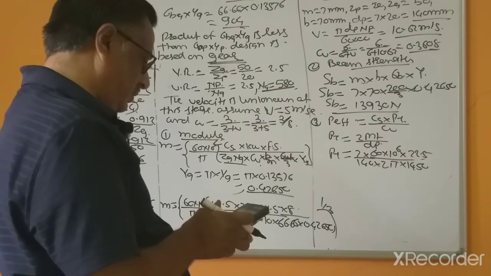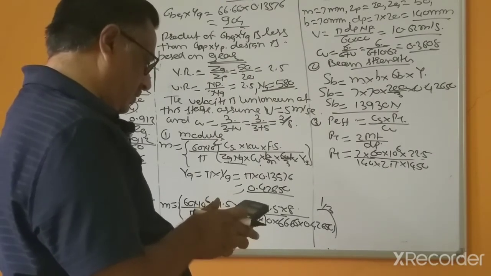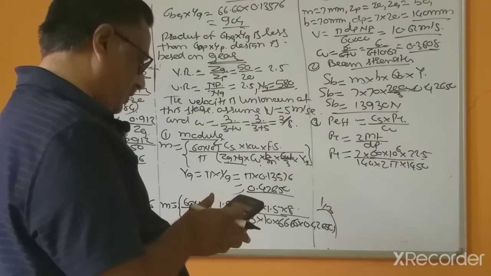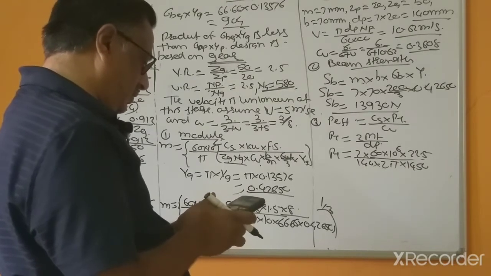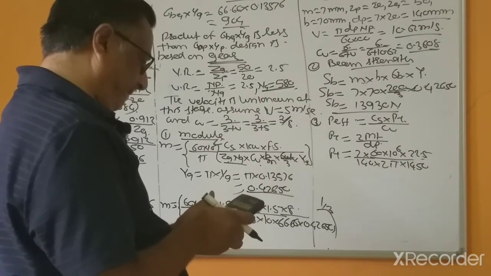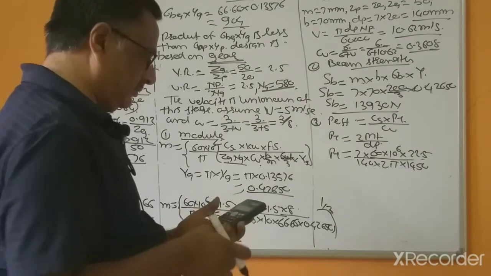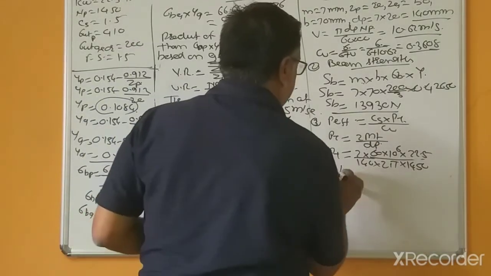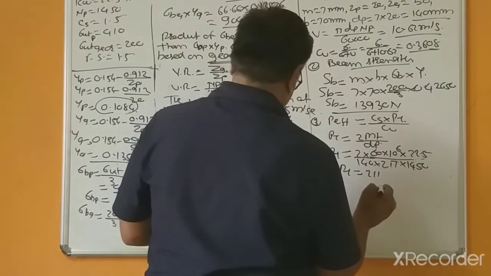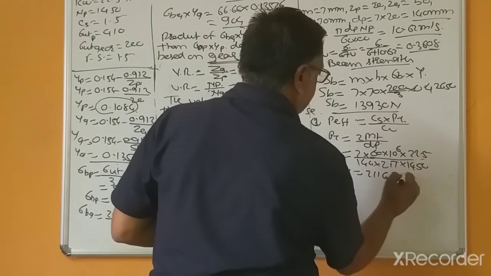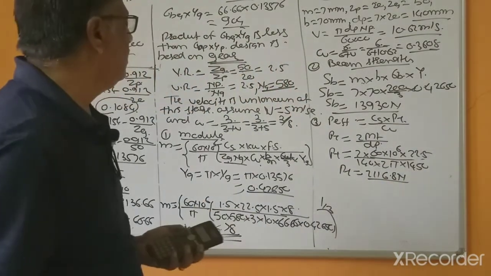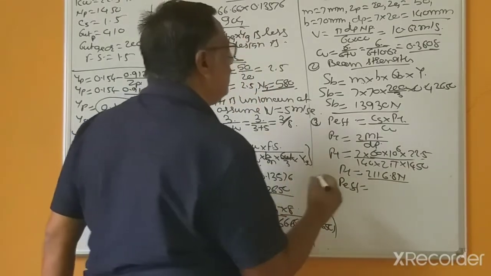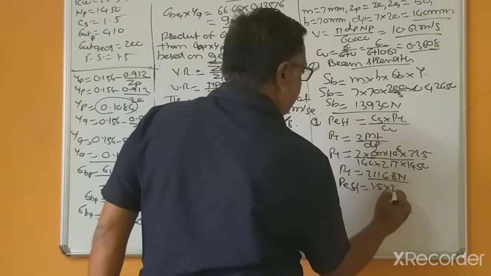2 into 60 into 10 to the power 6 multiplied by 22.5 divided by 140 divided by 2 divided by pi divided by 1450. So this is PT equal to 2116.8 Newton, right? So this effective load equal to CS equal to 1.5 multiplied by